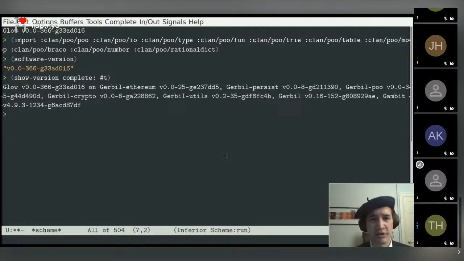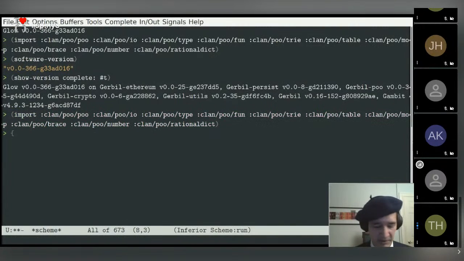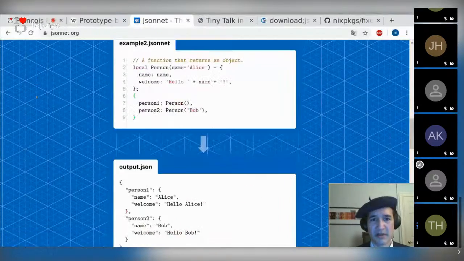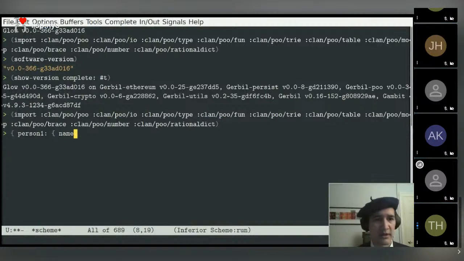Okay, so it's Glow, Gerbil Ethereum, Gerbil Persist, Gerbil Poo, Gerbil Crypto, Gerbil Utils, Gerbil Gambit. So it's a whole layer of software, and the layer that interests us here is called Gerbil Poo. Version 0.035. Okay, so I can import a lot of things this way, and I can write something. What did we want to do? Person one. Person one will be, what will person one be? Let's go back there. The person one will be name Alice,